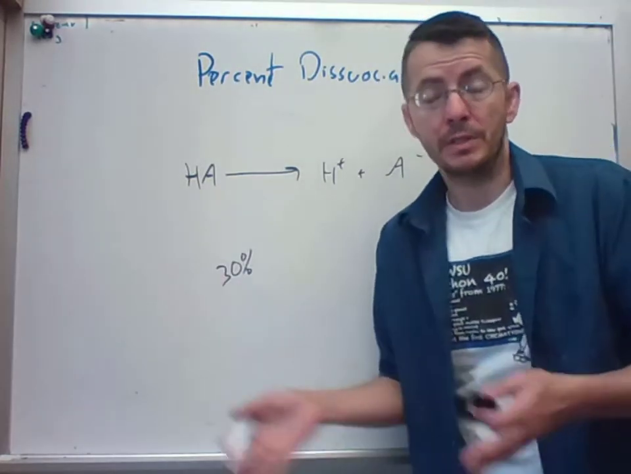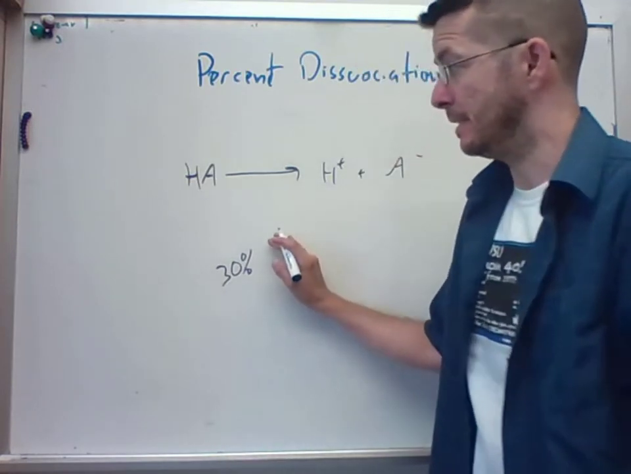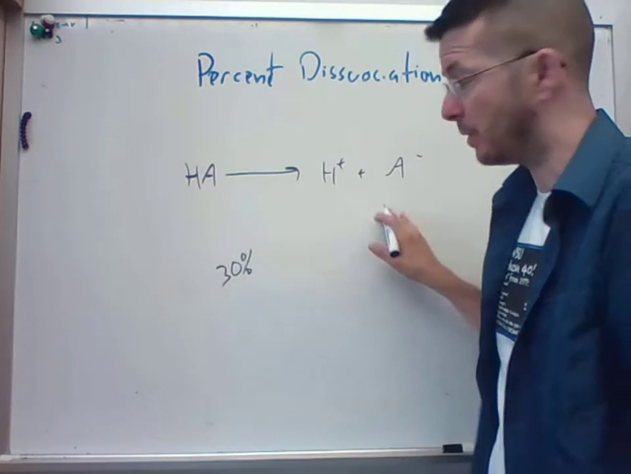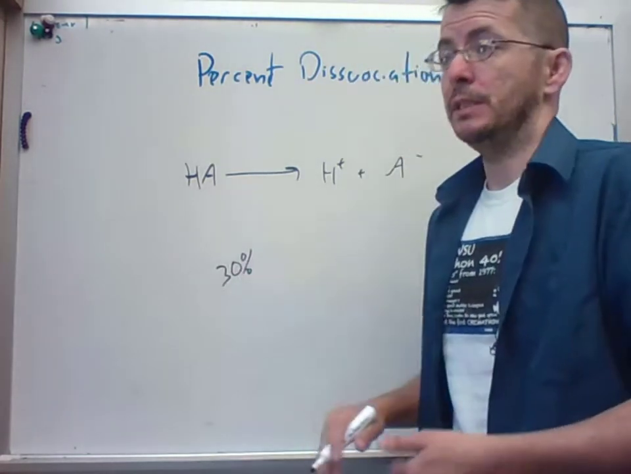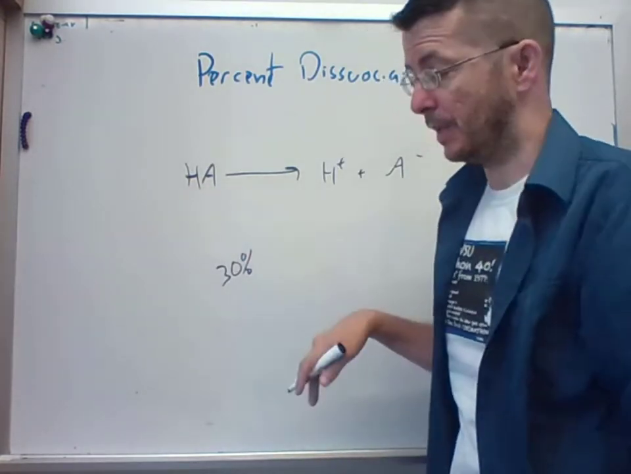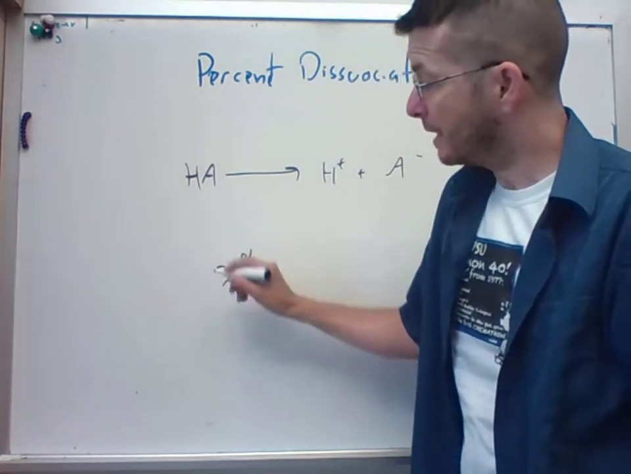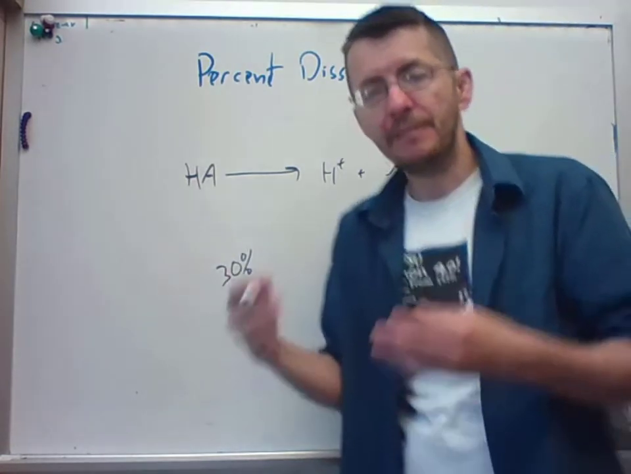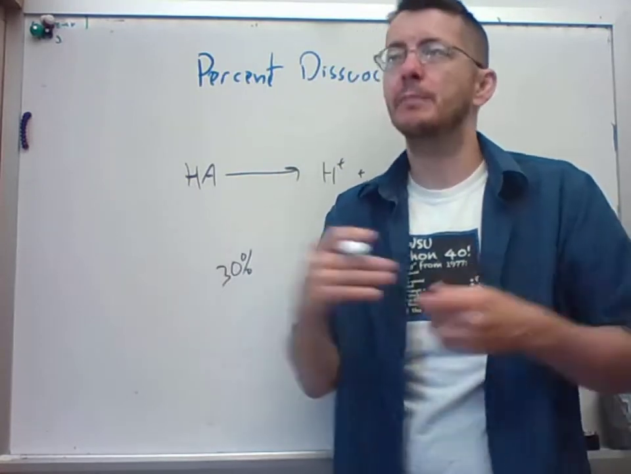And they'll talk about how it's 30% dissociated. What that means is that 30% of this compound has fallen apart. Depending on stoichiometry, this might mean there are many more components than just the 30%. But what that means in reality is that they've given us information about the equilibrium at the end. And we talk about this